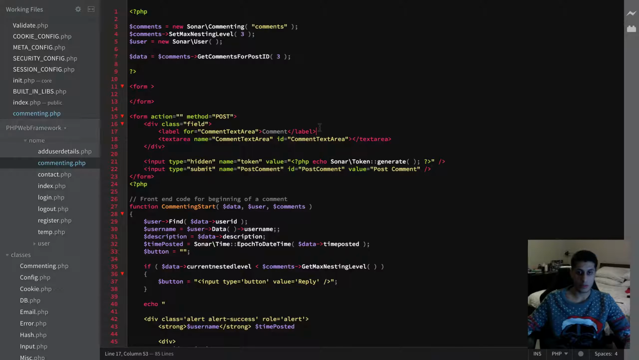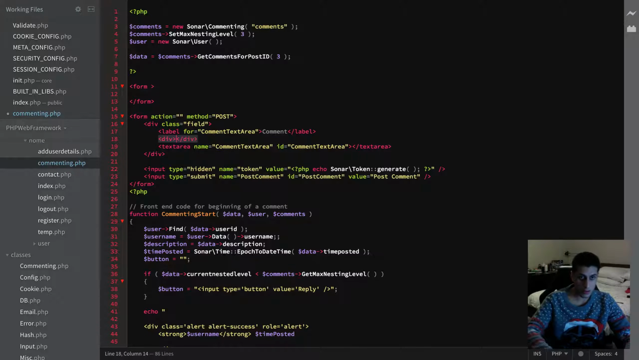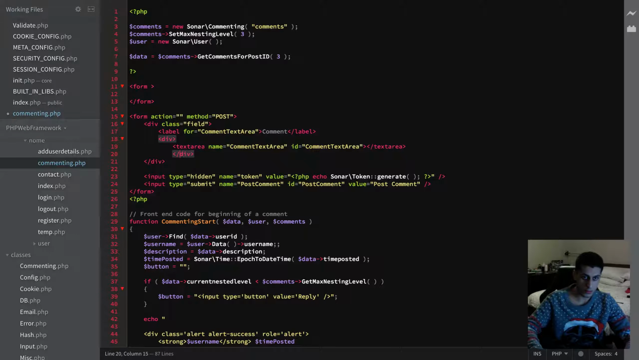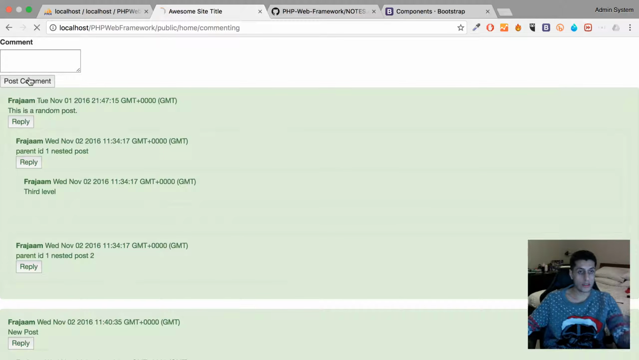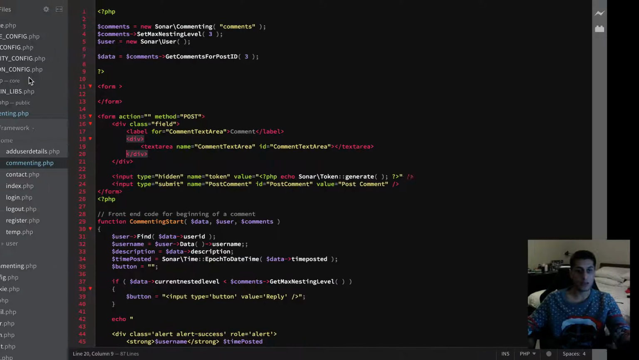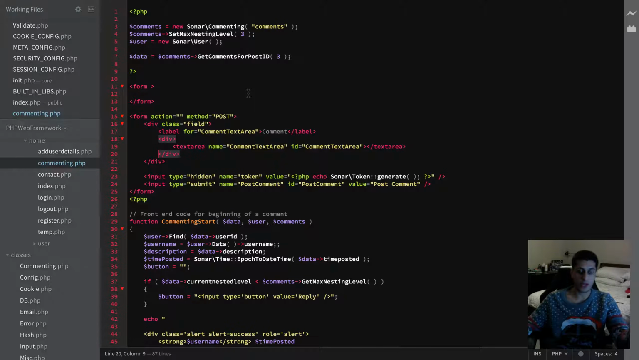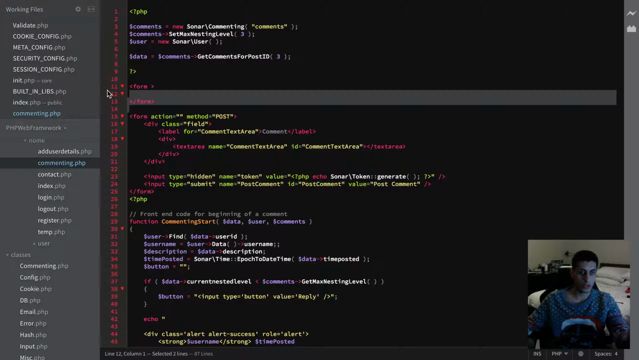It looks terrible. Div. Save that. Refresh. Okay, so we got this. Obviously, this keeps going back to this page, but we haven't handled any of that stuff yet. So what we're going to do is get rid of this actually,